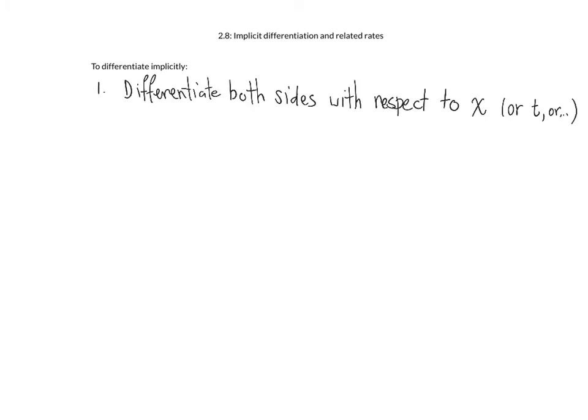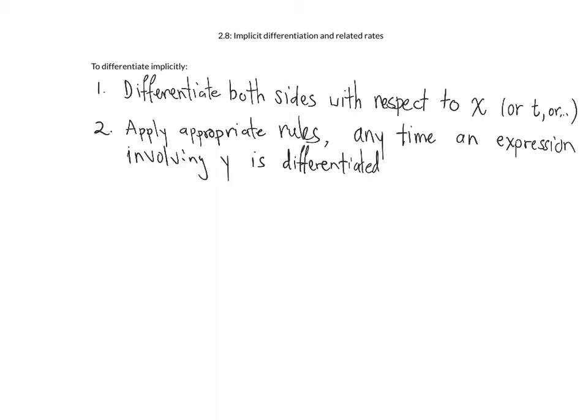So I would like to start this video on implicit differentiation and related rates by summarizing what one needs to do in order to differentiate implicitly. So step one is to differentiate both sides of the equation with respect to x. In doing so, you'll have to apply all the appropriate rules, the power rule, the product rule, the quotient and chain rule, and then anytime an expression involving y is differentiated, dy by dx will be a factor in the